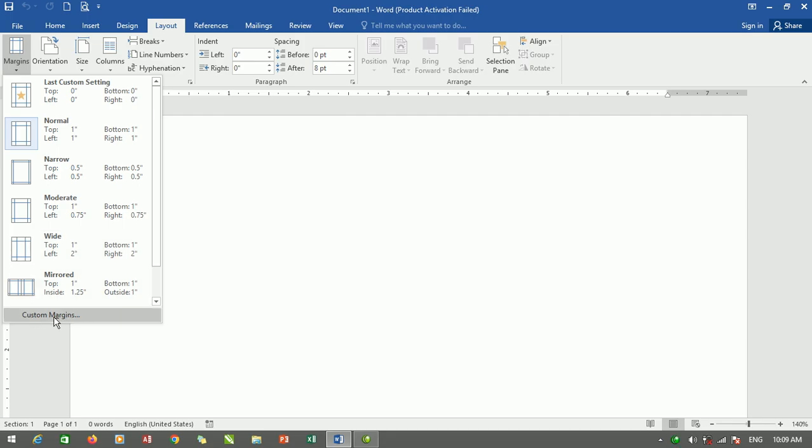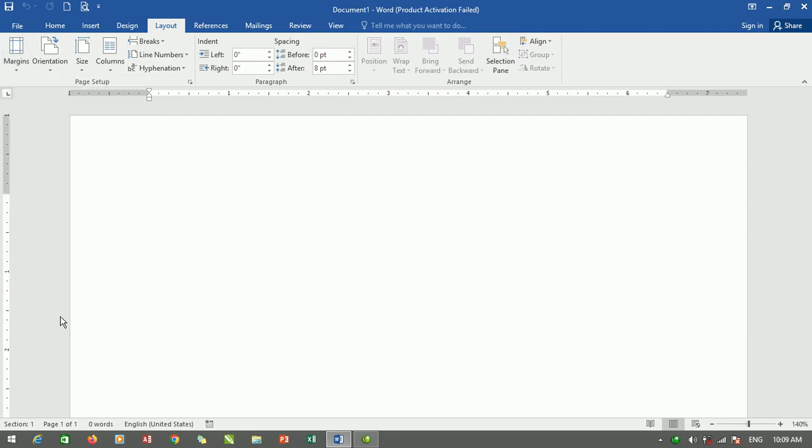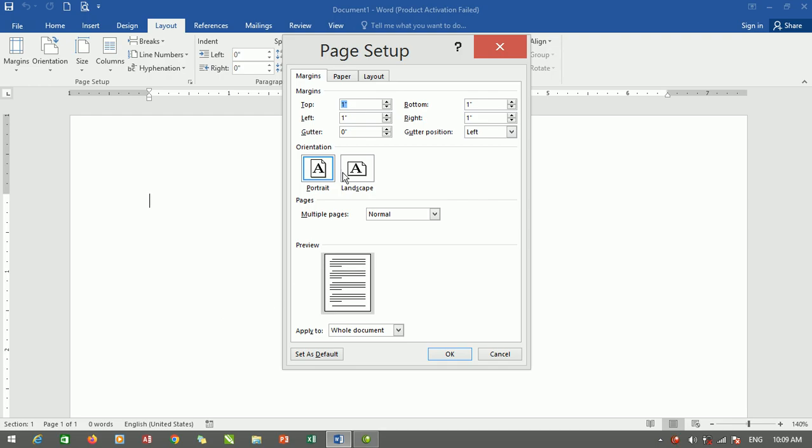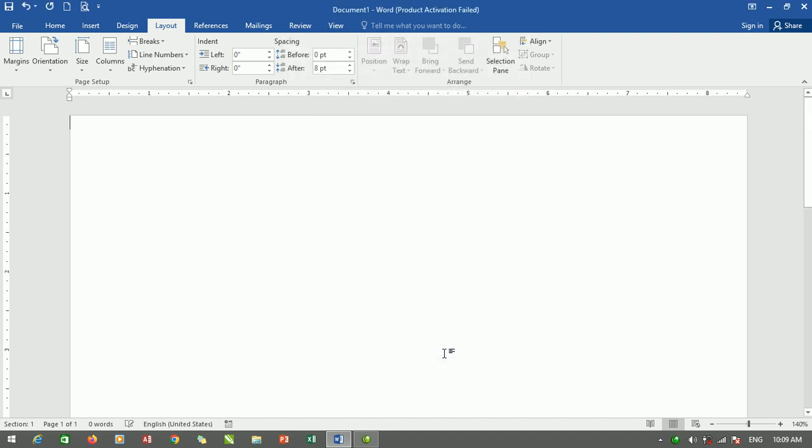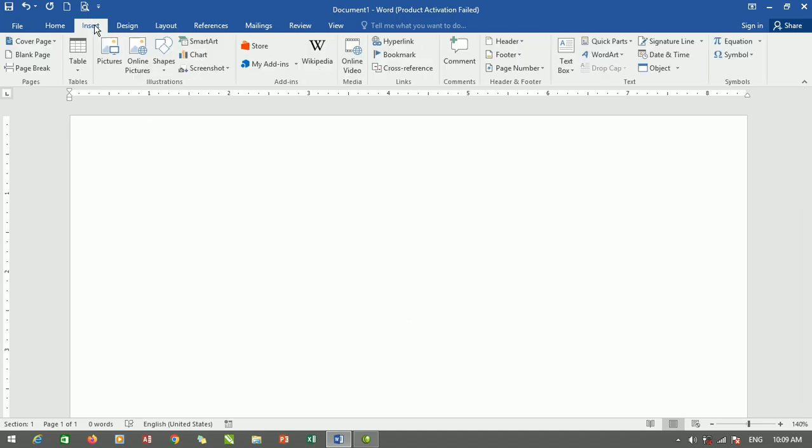down. There is a custom margin. You should click on it, then you have to zero the top one, and also bottom, left and right you should zero it. Then you have to click on OK. After this you have to go to the insert and